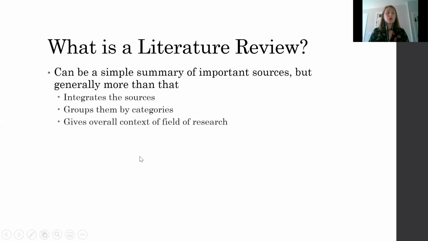A literature review also gives context to the overall field of research. You've heard me say before, if you've been to previous webinars, that research is a conversation. And when you are presenting your own research, you're really joining an ongoing conversation. So the literature review is kind of like the "previously on."